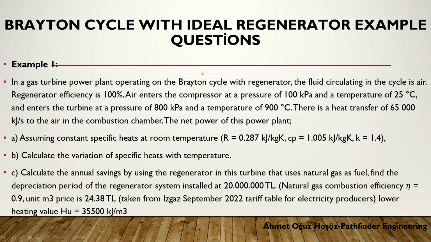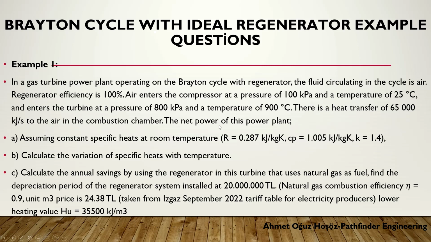In a gas turbine power plant operating on the Brayton cycle with regenerator, the fluid circulating in the cycle is air, and the regenerator efficiency is 100%. The air enters the compressor at a pressure of 100 kPa and a temperature of 25 degrees Celsius, and enters the turbine at a pressure of 800 kPa and a temperature of 900 degrees Celsius. There is a heat transfer Qin of 65,000 kilojoule per second to the air in the combustion chamber. Find the net power of this power plant,